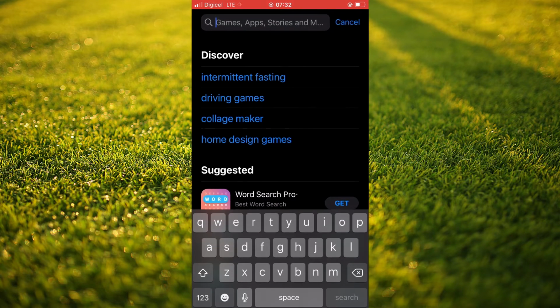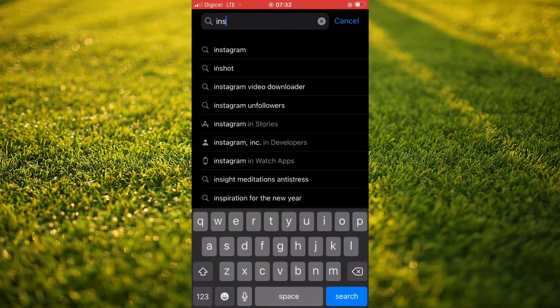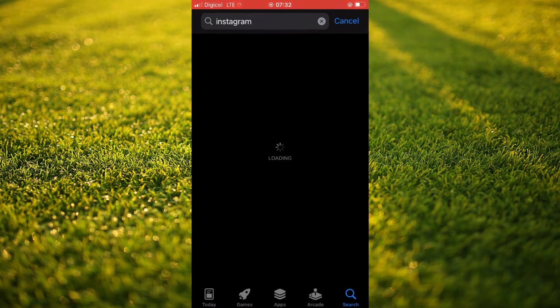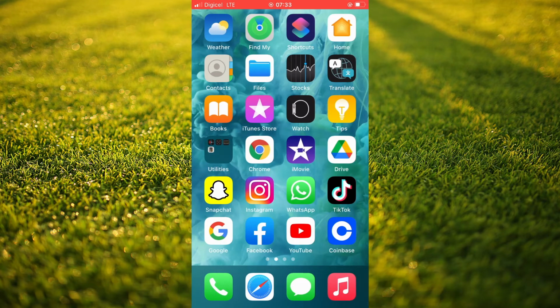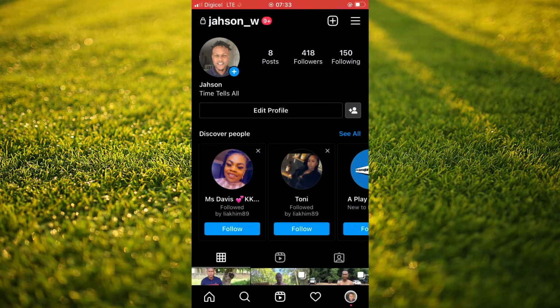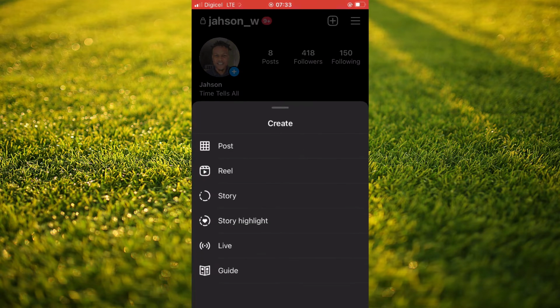And if you have been in your App Store and your Instagram doesn't need updating, the other thing that I would recommend you do, as you can see, my Instagram needs updating, so I would update it. But another thing that you can also do, if you have updated Instagram and it still isn't there, as you can see here, if I tap on the plus like you'll normally do, and then select story,